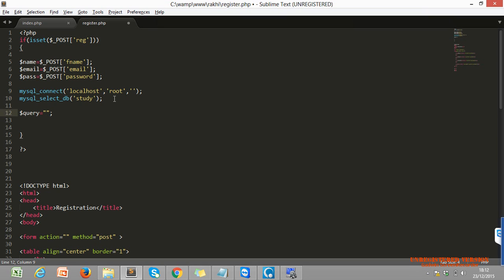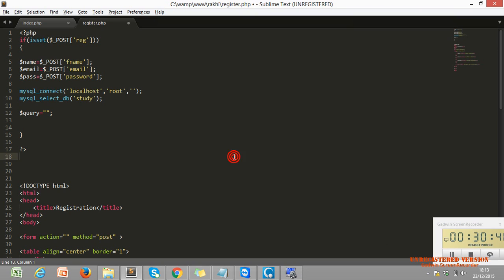Now what is the query for inserting data into the database? What is the query? Do you remember? Yeah, I remember.